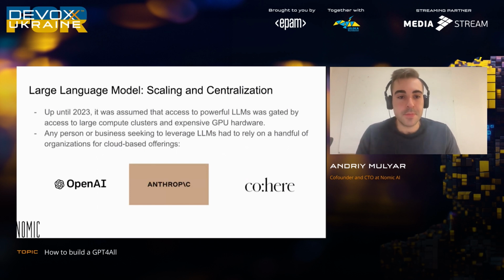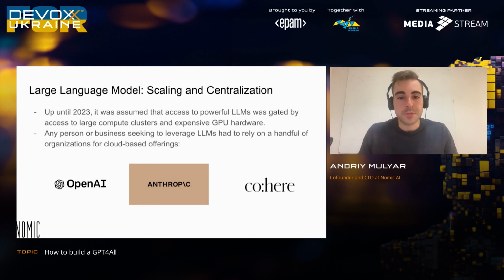And because of this, there are a few organizations now that exist: OpenAI, Anthropic, Cohere. There are a few more now. I made these slides a few months ago and updated them for this presentation. They have access to the best world-class large language models that you can use to perform arbitrary text manipulation tasks, the things that are dominating the way we interact with information online today. They're owned by a few closed source organizations: OpenAI, Anthropic, Cohere. And the only way to have access to this technology is to go through one of these organizations.